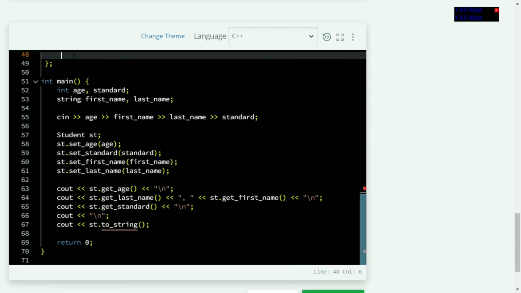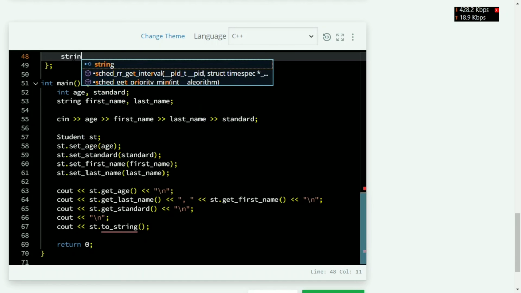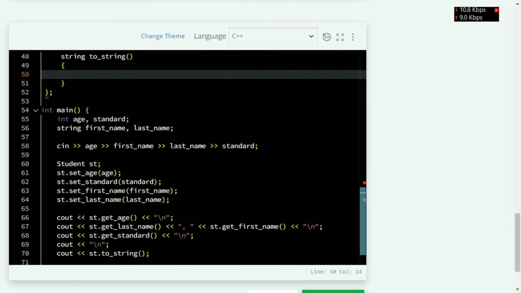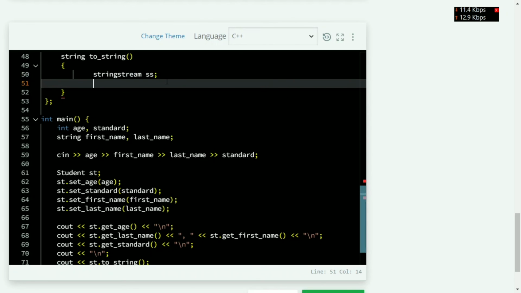So I am coding a string type to string, with nothing in the parameters. Next I will use a string stream, ss, so that we can interchange the values between integer and string, so stringstream, and I will give it the name ss.